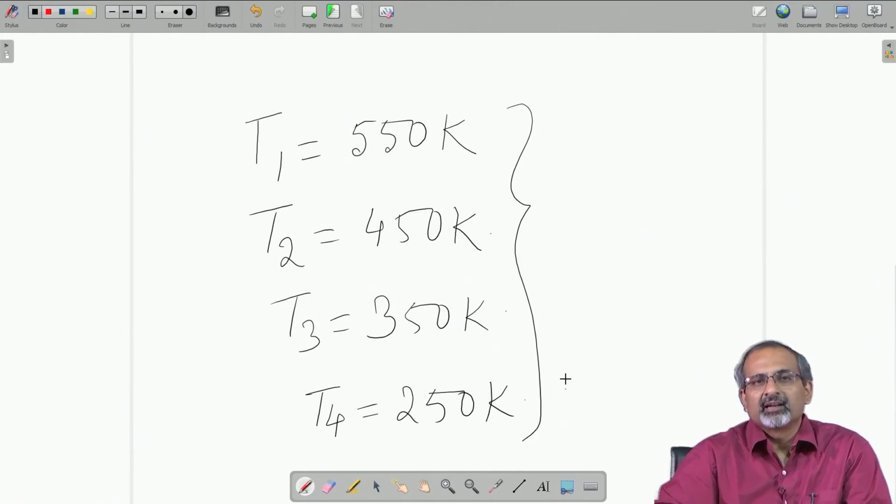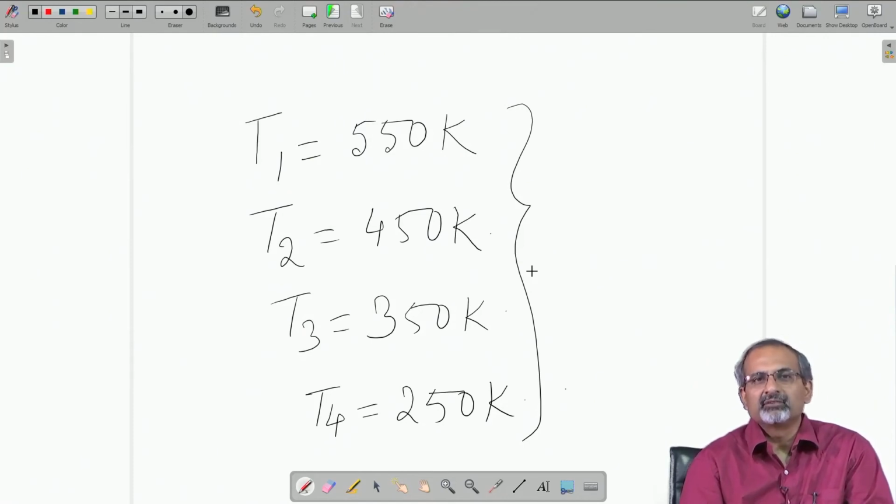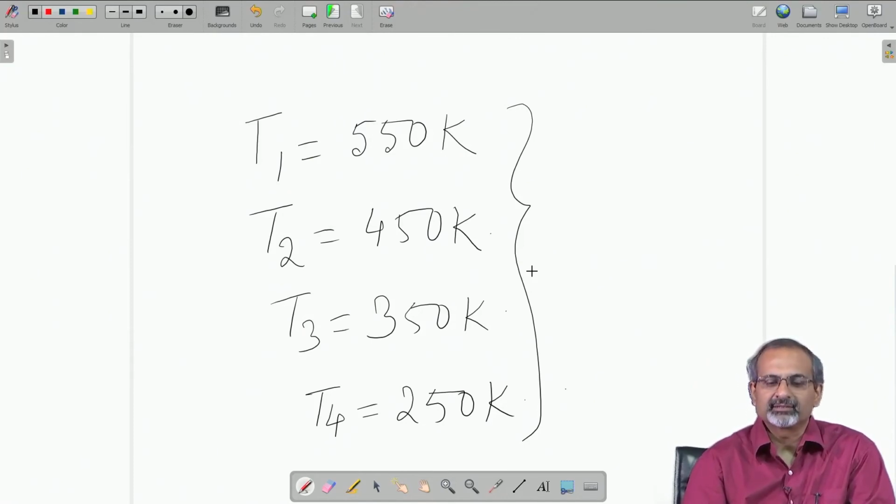And because we have a small number of equations, we can actually attempt a manual calculation. As you can understand that if we had a very large number of control volumes, then manual calculations would become prohibitively time consuming and chances of error would be enormous. So, that is where we definitely need computer simulations. However, here our control volumes were chosen in such numbers that we could attempt manual calculations.